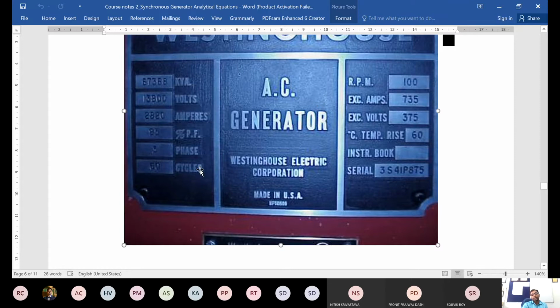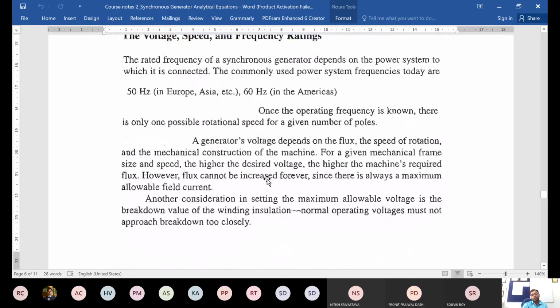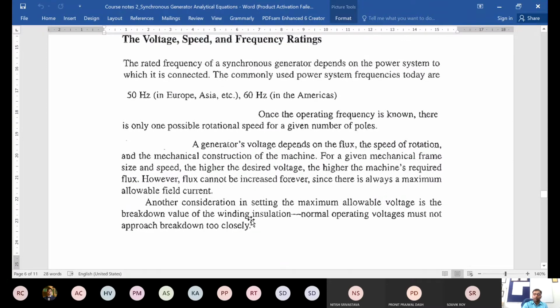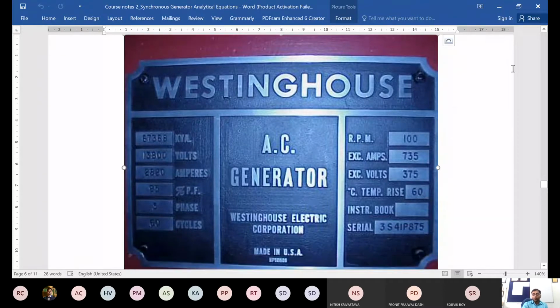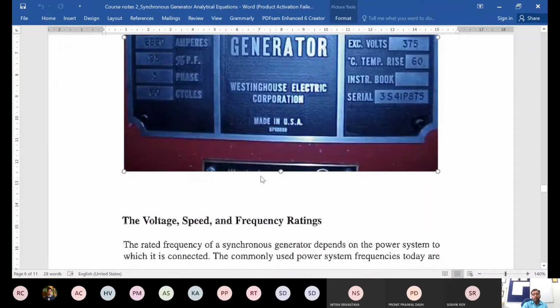So the main limitation, why we can't increase the voltage beyond a considerable limit, is that the constraint comes from the winding insulation. If you have a very high voltage, then the winding insulation might break down. That's why we generate usually either at 11 kV, or this 13.8 kV, which is more common in the US. In India, it is either 11 kV or 22 kV. Once you have generated this voltage, you will use a transformer for stepping up the voltage from your given level of 11 or 22 kV to 220 or 400 or 765 kV.